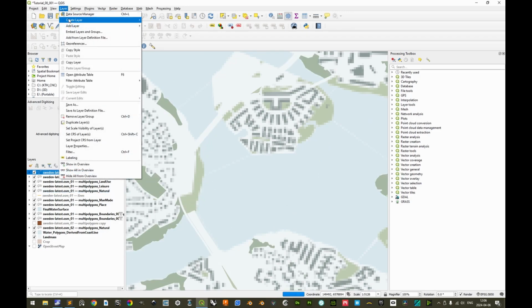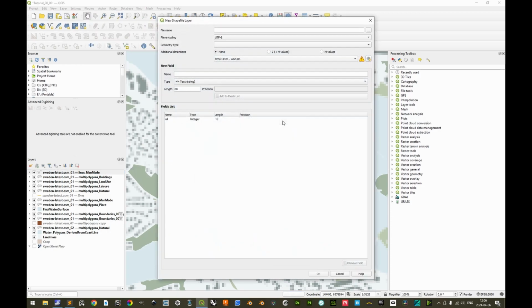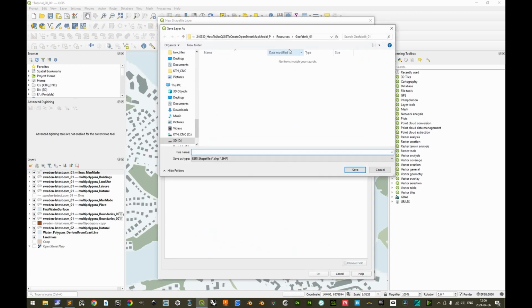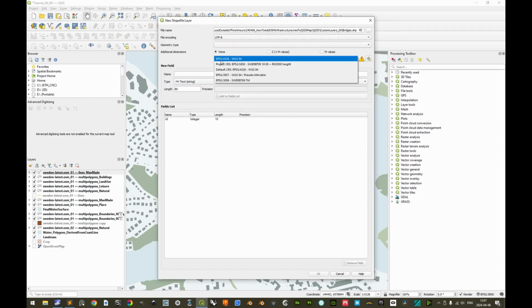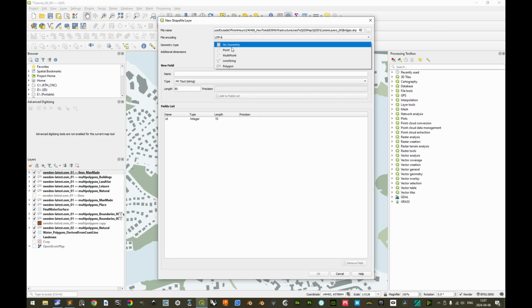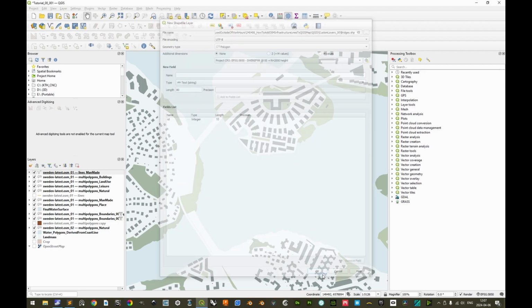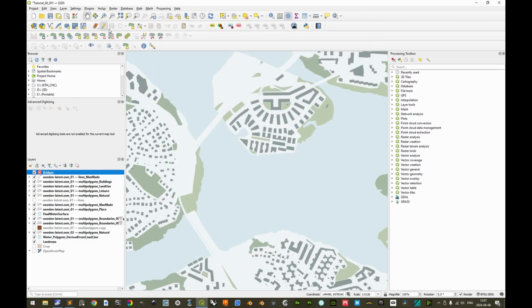We'll do a new layer, create layer, a new shapefile layer, it's okay. And it can be called bridges. And it can be in the project coordinate reference system, and the geometry type should be polygon. Okay. And then we'll toggle editing, we'll add a new one, and then we'll add a rectangle here, and the